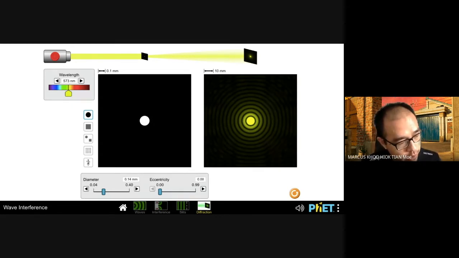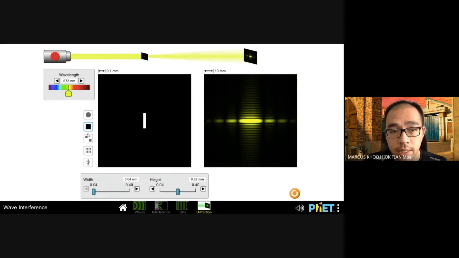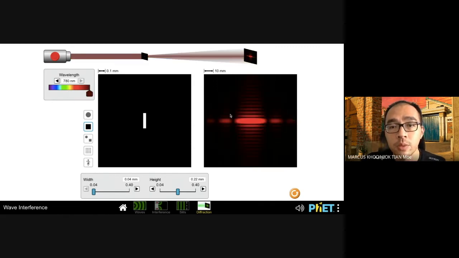Let's take a look at this. So obviously the diffraction pattern can be seen. Okay, so let's start with the slit. I think if we start with just the red color, we will see that the diffraction pattern is kind of like this. There is going to be red in the middle, and it's pretty bright. And then after that, there's going to be